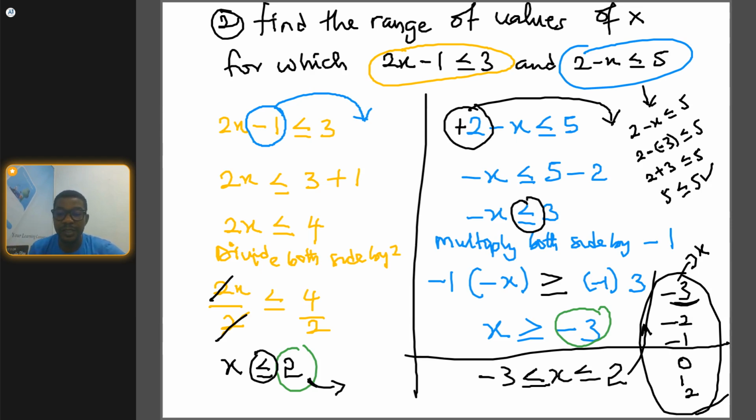If 5 is less than or equals to 5, a valid expression, thank you for your response, is valid because we have equals to. He said 5 is less than or equals to. That means 5 is equals to 5. You get that? So anytime you solve questions like this, you can test with the values to see if they satisfy the inequality expression you are given. If they do not satisfy the inequality expression, that means you need to check your solution. All right. So this is the second question under inequality